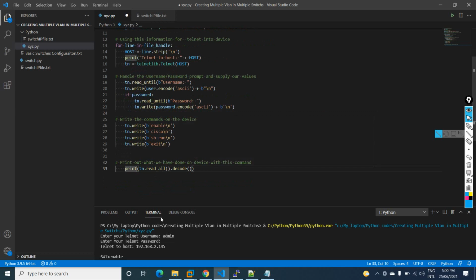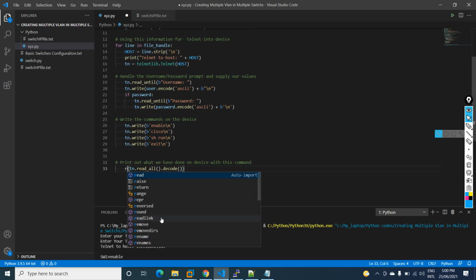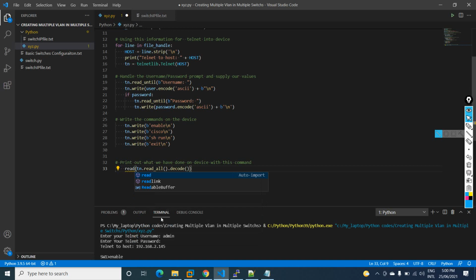So how will we do it, let's see here. After this, if you see here, this is the complete configuration file coming. So here I will define a variable. I will write read output, we can give anything, read output is equal to, and let me remove this bracket, no need for this bracket here and here. Okay, so this is a variable, and whatever operation is performed, show run, is coming into this. I am putting this in the read output variable, and after that I need to open a file.